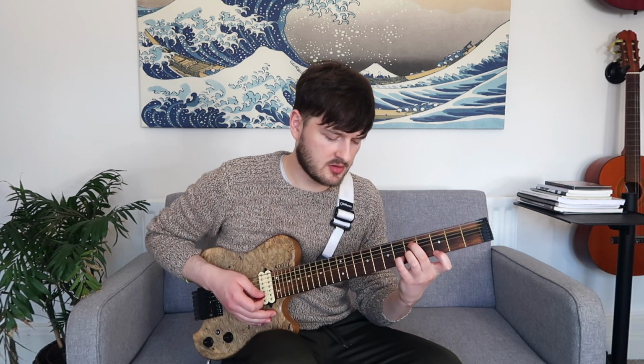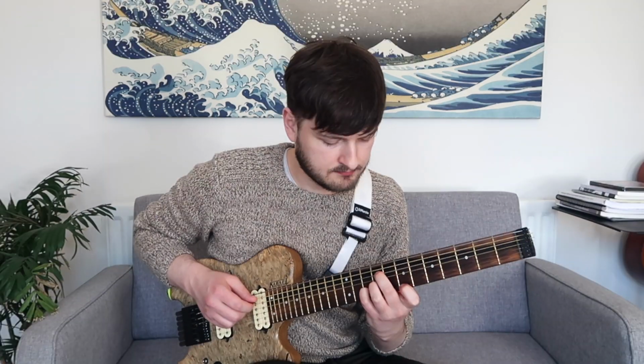Now for flat 5 chords, we can treat these as tritone substitutions. So I need, according to the melody, a G and a C in this chord. And I can get that just by playing, rather than thinking of A flat 7, thinking of D7. I can have D, which is the flat 5 of A flat, C, which is the third of A flat, but it's a melody note more importantly, F, which is the sharp 9 of a D7 flat 5 sharp 9, and a G, because it's a melody note. So this whole sequence has become